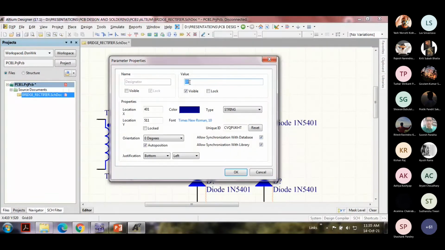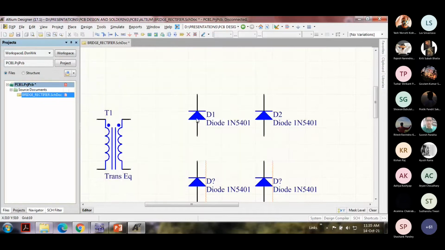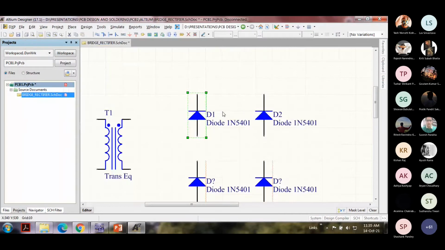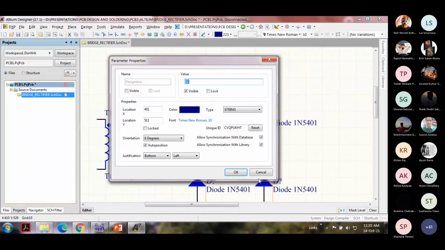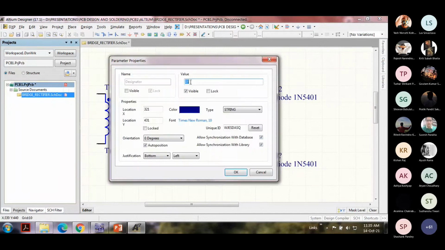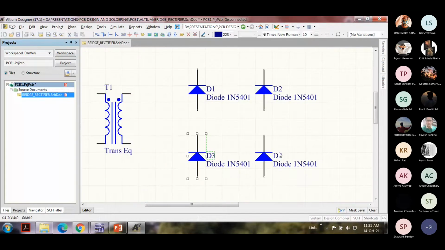Now, there are two different ways in which you can do that. You can either click the entire component and get the entire sheet over here, the entire parameters list, or you can simply click on this particular parameter directly to change it. Okay, I do that because it is D3 and D4.